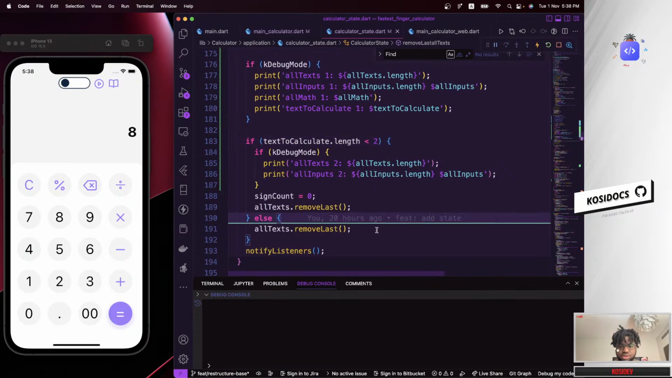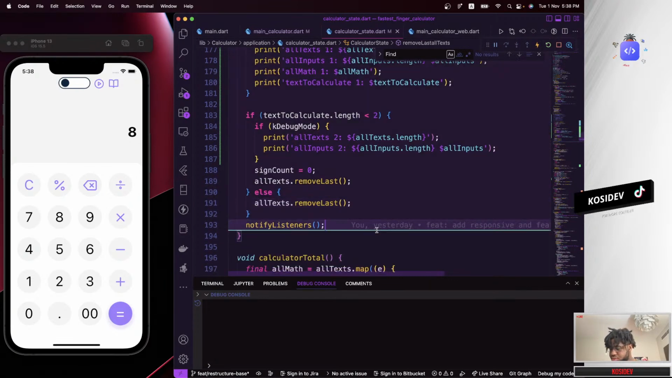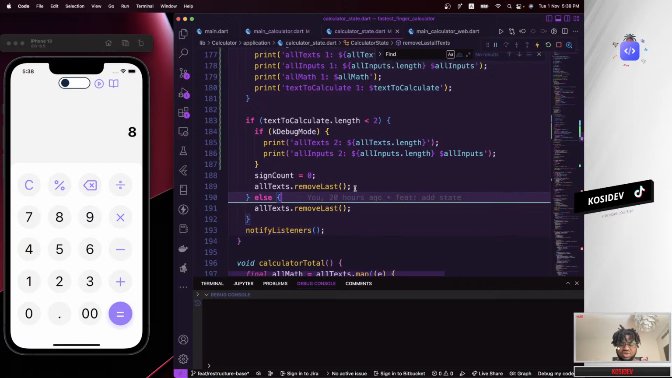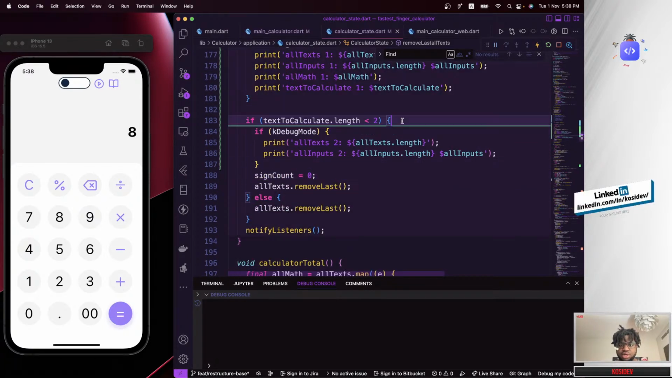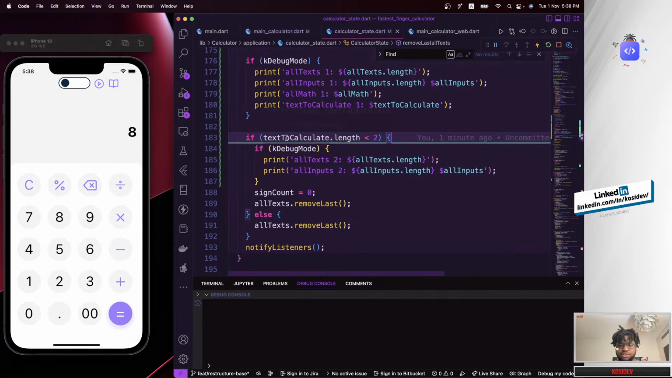Come on, let's see. We actually needed to finish this up. Have a whole lot of stuff to actually work on. Come on, we have to test to calculate the length. If the length is less than 2,